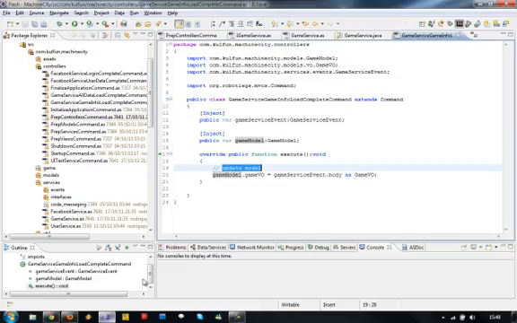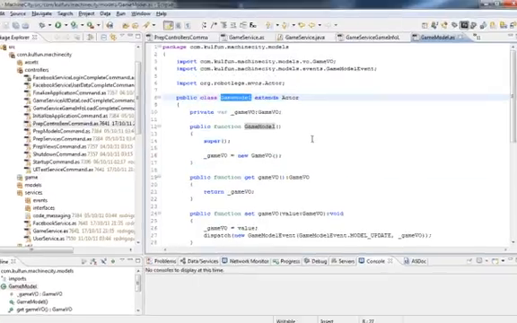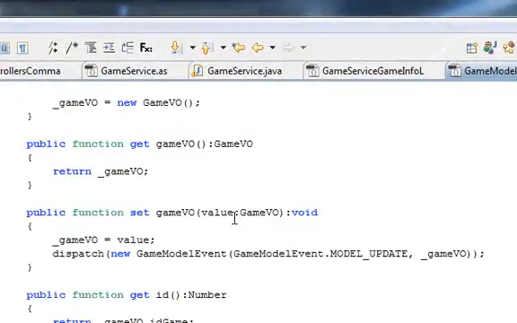When this game model is updated, let's open this game model. When this game VO is received, the model dispatches a new event called game model event model update,